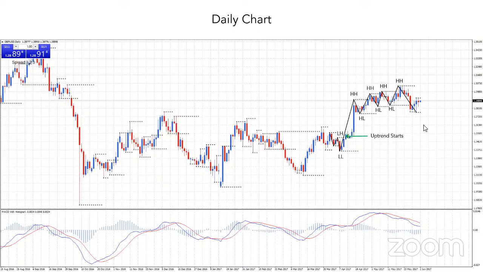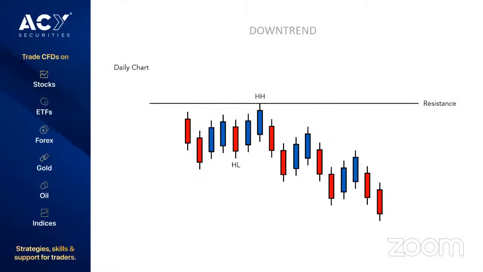All right. So that's an example of an uptrend there. On the flip side, we have a downtrend. And the downtrend is when we have a series of lower lows and a series of lower highs. And a new downtrend will often form when price moves back to a previous level of resistance. Not always, but quite often. And once you've been spending a lot of time on charts, especially a daily chart, you'll start to see that, yes, uptrends finish at resistance and downtrends finish at support, generally speaking.